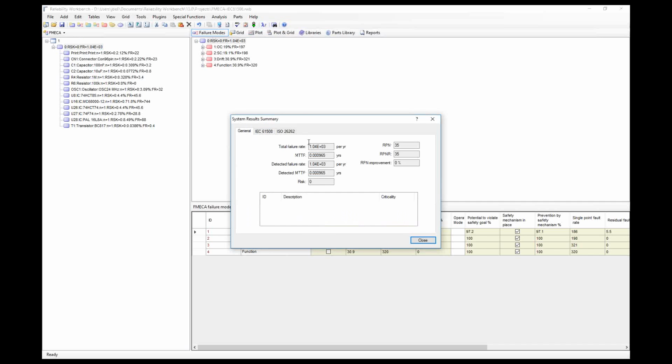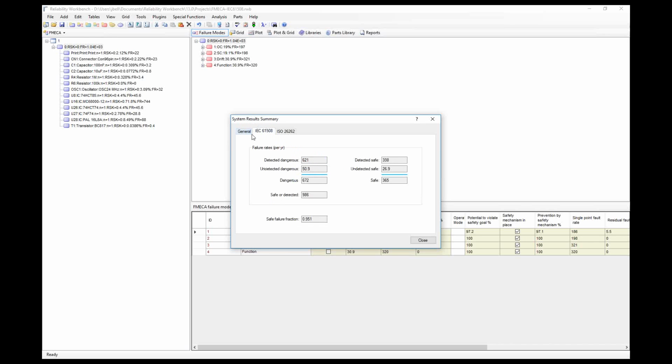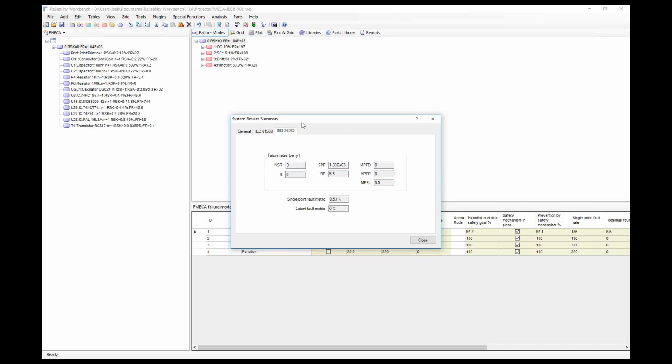So we have a general system results summary, which gives us things like a total failure rate, the mean time to failure, detectable failure rate, and RPN values for the system level, if you're doing an SAE process design FMEA. We also have results dialogs for IEC 61508, where it will tell me the dangerous failures, the safe failures, safe detected, and the safe failure fraction for the system level, as well as an ISO 26262 results dialog, which tells us the not safety related,